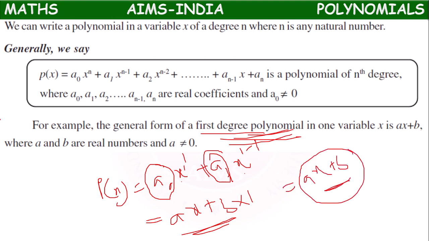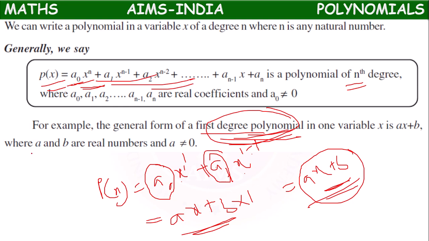So according to this form, because they have mentioned first degree, we will start with this term. We will keep 1 here. For two terms only, it will be stopped, because degree 1 means it will consist of 2 terms, and the general form is ax plus b. Like this, any degree polynomial we can write with the help of this general form. So here a and b are real numbers, a is not equal to 0.